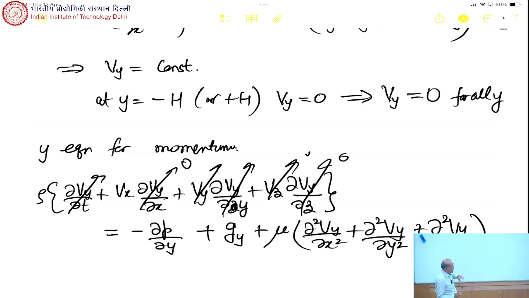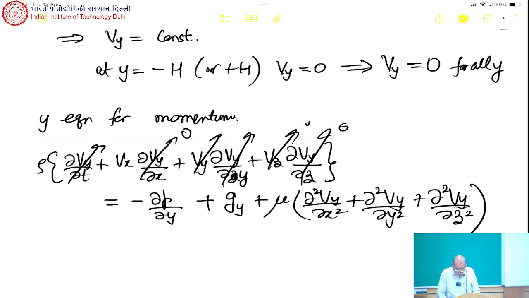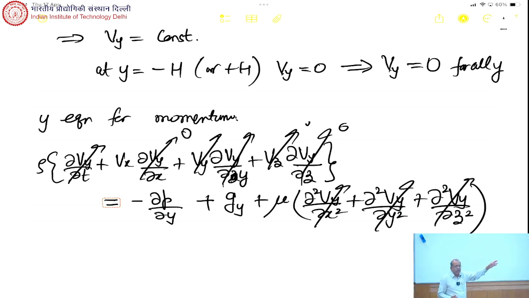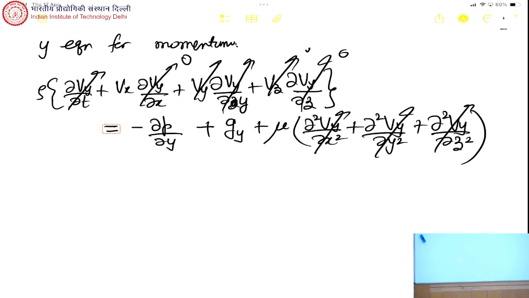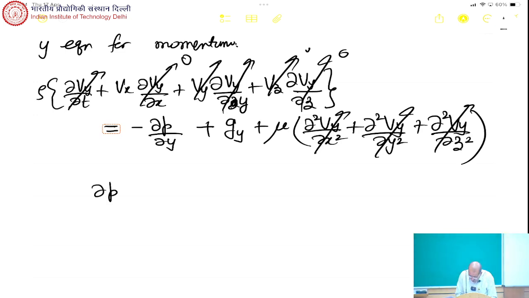Now let's look at the other terms. Mu times... because Vy is 0 for all y, all of these become 0. See, it's not because of the boundary condition, but because Vy is 0. So therefore, this equation boils down to, there's a rho here, so